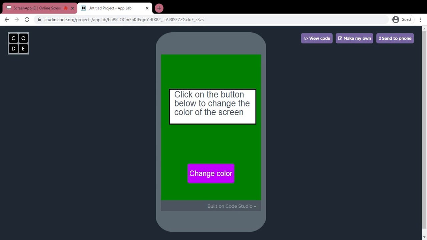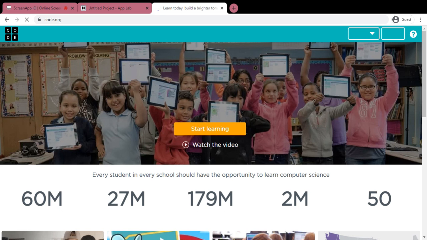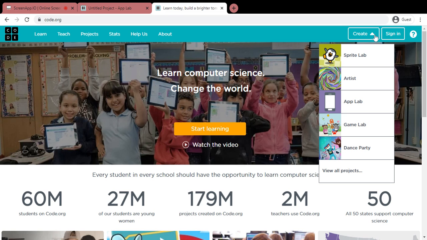So, we are going to make this in code.org. So, let's go to code.org, and if you want to make this app, you need to sign up for it. Make sure you sign up for it, otherwise it won't allow you to use App Lab here. We are going to make this in App Lab. So then click on App Lab